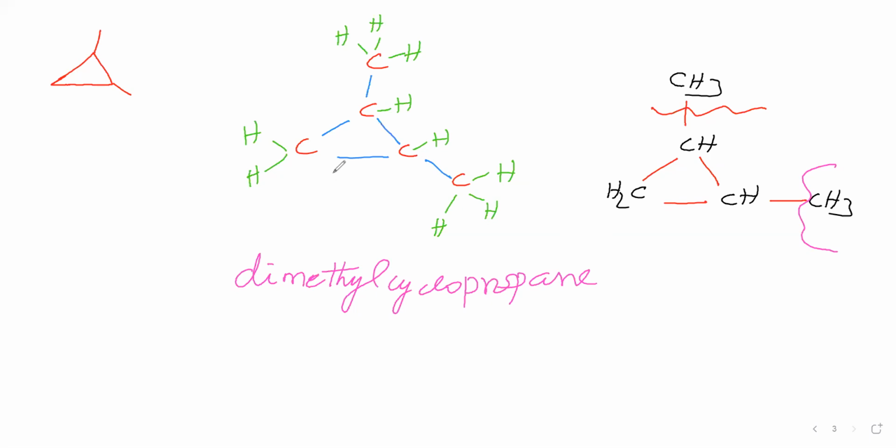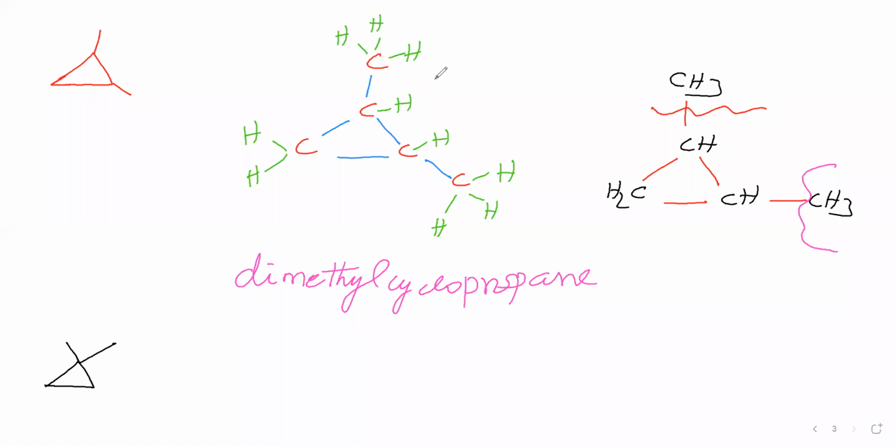Why must we say it? What is the reason? You see that if 2 methyl groups, we can write like this: one methyl group, one methyl group, both attached to the same carbon. But here, one methyl group is attached to this carbon, another methyl group is attached to this carbon. Therefore, we must say the position of the methyl groups here. So then give the numbering.